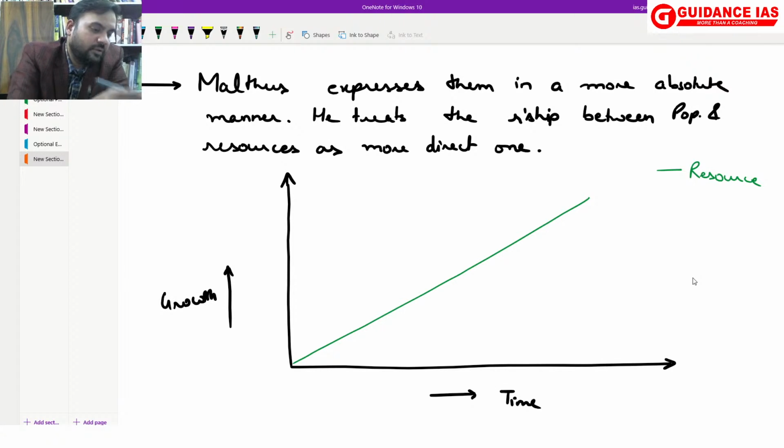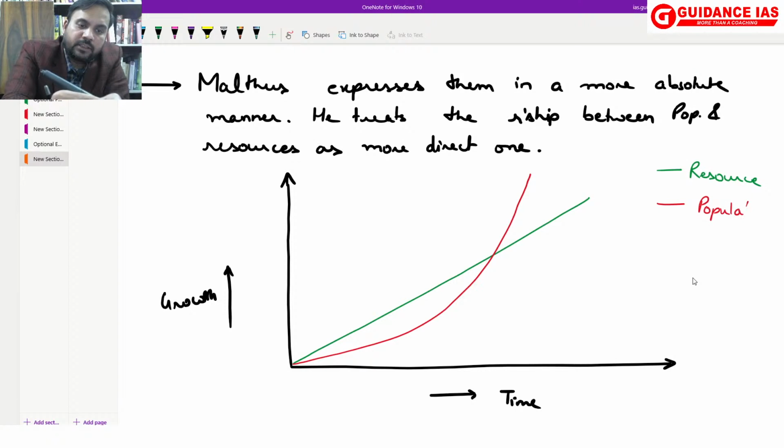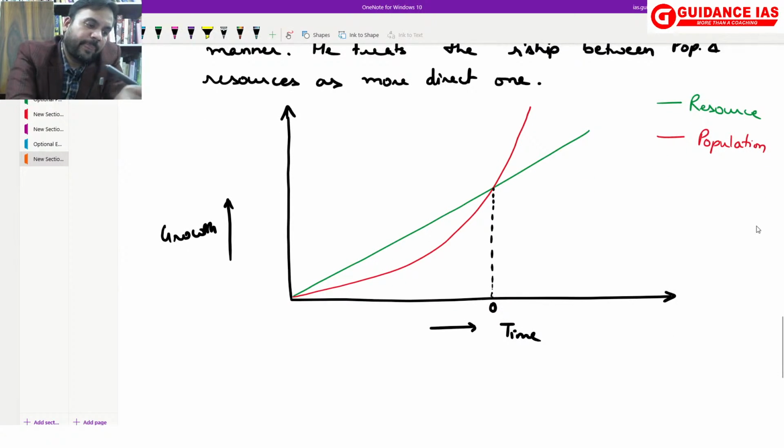So this is the resources growth, and this is the population growth. So very clearly, according to Malthus, this O is what? It is the point of optimum population,